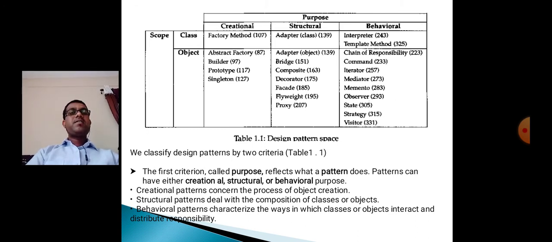Creational patterns relate to the process of object creation. Structural patterns deal with the composition of classes or objects. The third, behavioral patterns, characterize the ways in which classes or objects interact and distribute responsibility.